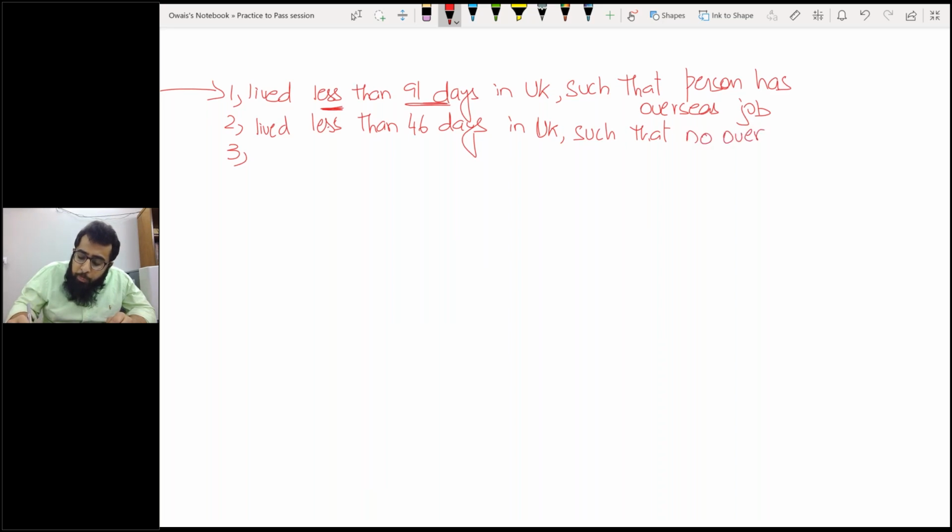Now, if you don't have a job, you have to leave UK within 46 days if you want to remain non-resident. Question number three, lived